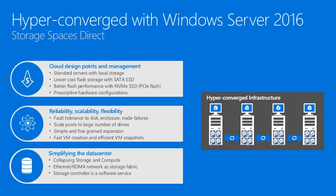But then we have this notion of what we call hyper-converged with Windows Server. Now, in Server 2012, we relied on some sort of shared storage connected in some way. What we're doing now is taking a lot of the cloud design points that we used in Microsoft Azure, and introducing a new technology in Windows Server 2016 called Storage Spaces Direct. This is where you have a standard bunch of servers, and here you can see an example of a hyper-converged architecture with a bunch of disks that are just locally attached, which we commonly call DAS,